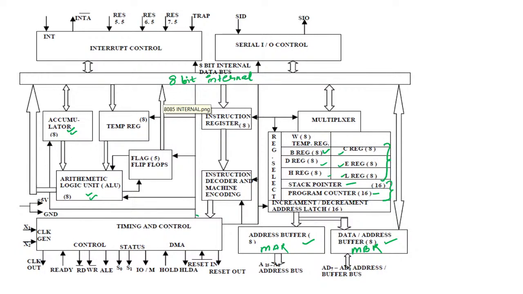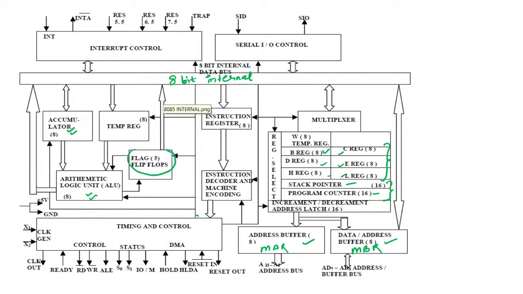So we have an 8-bit internal bus with which this accumulator is connected, and then the accumulator is directly connected to the arithmetic logical unit. So the ALU will take the input from the accumulator and the temporary register. In the temporary register, data will be available either from memory or from the registers. Let us say if you want to perform the addition operation, then the first operand will come from the accumulator and the second operand will come from the temporary register. Then the value will be added and the result will be sent to the internal bus, and from the internal bus the result can be read by any register. Right, you will see that the ALU is also connected to the flag register.